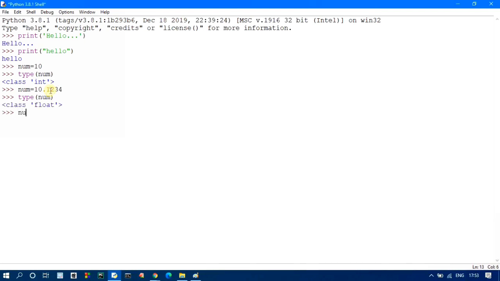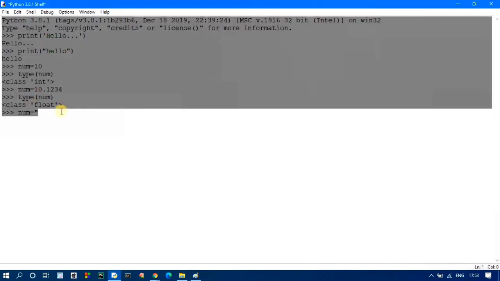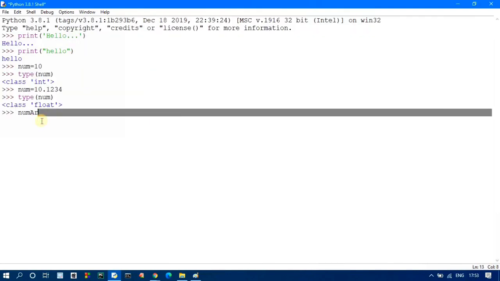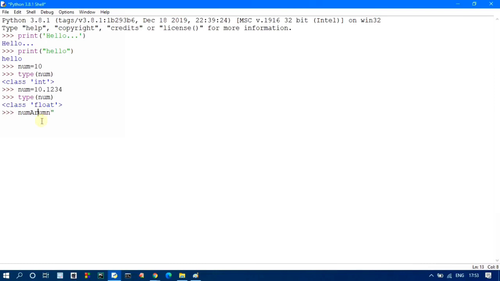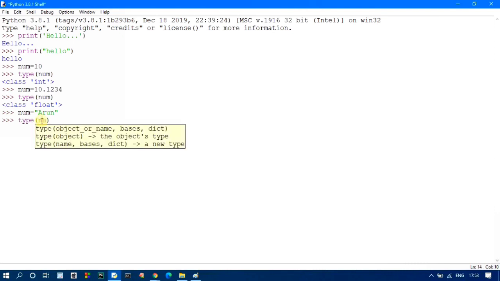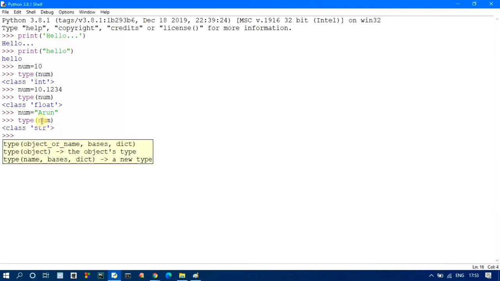If I take another variable and assign some value, a string, and check the type of this variable, it will print str.